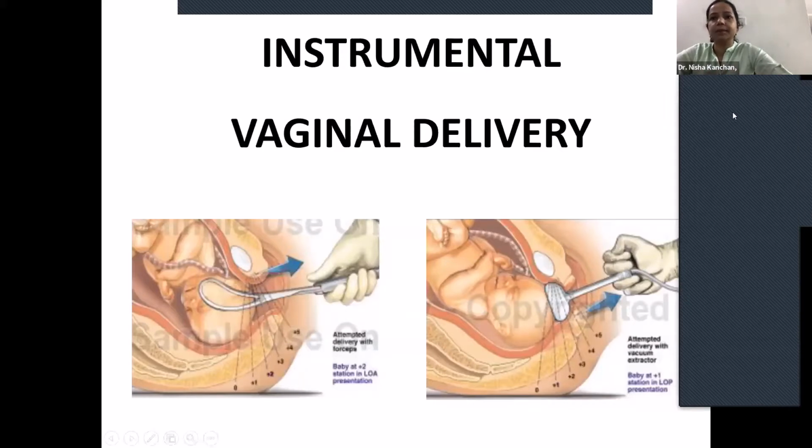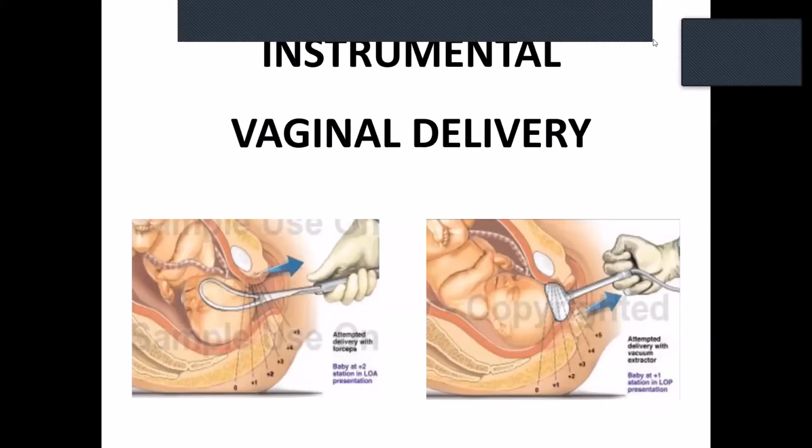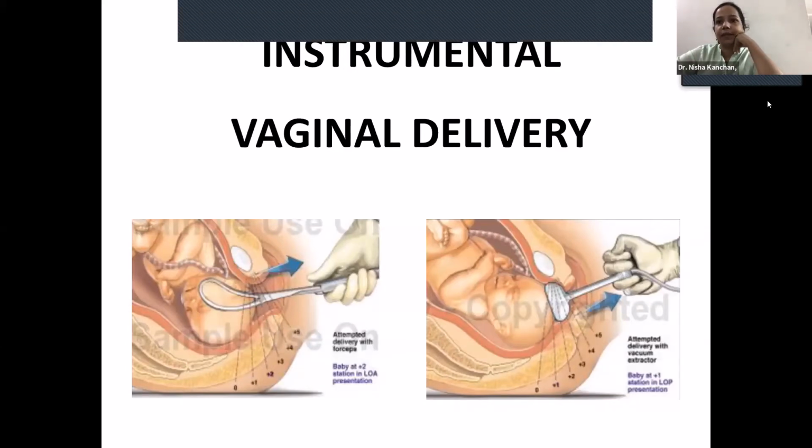The other term used, other than instrumental vaginal delivery, can be operative vaginal delivery. Operative vaginal delivery includes any surgeries which are done to assist vaginal delivery. It includes forceps application, vacuum application, and also surgeries to deliver the dead fetus. Do you know any surgeries which reduce the size of the head to deliver the dead fetus? Are you familiar with any? That also comes under operative vaginal delivery.